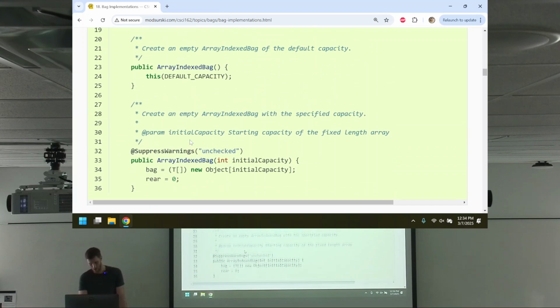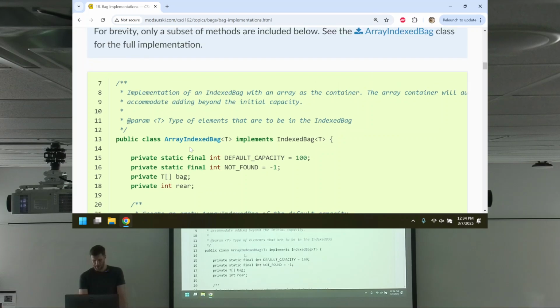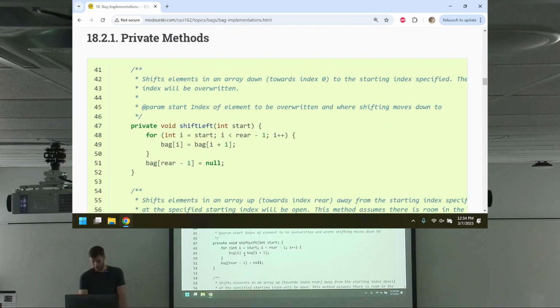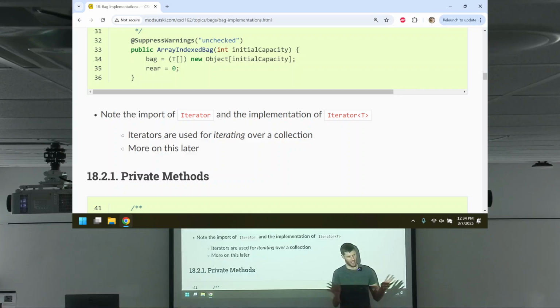Anyways, all right, cool. Now, note the import iterator at the top. It's not in here. If you were to go look at the class, you will see this import iterator. We're going to talk about this very shortly. We kind of did this in the lab yesterday, if you were here. An iterator is this fancy little object that's designed for nicely iterating over a collection. You can think of it as a stupid little robot whose whole purpose is how to get from this thing to the next thing, to the next thing, and so on. That's all it can ever do. You want to go backwards, you can't. You can only go in one direction, but more on that later.